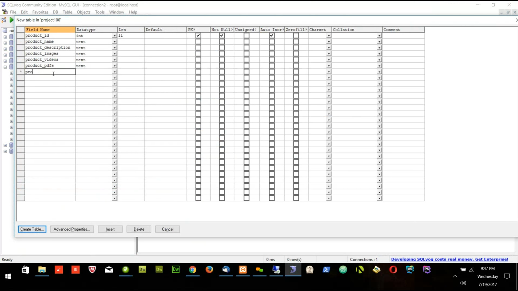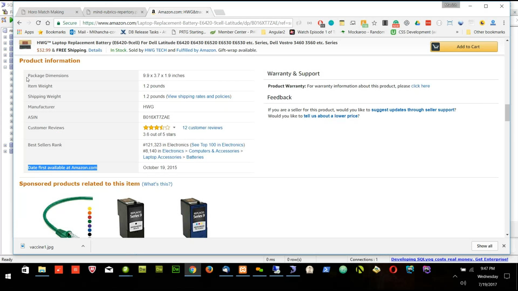Product created date, and this will be a timestamp. Okay, product created date, and one field we will put for extra things like product package dimension, item weight, whatever extra things you want to put. We can also put the manufacturer. Let's put the manufacturer